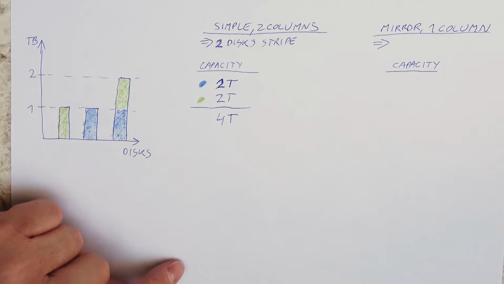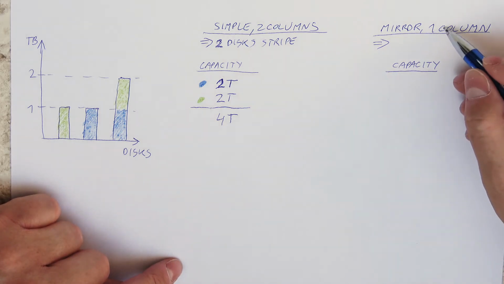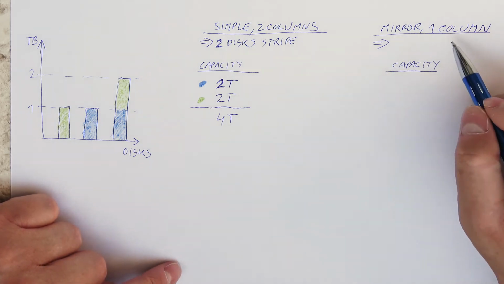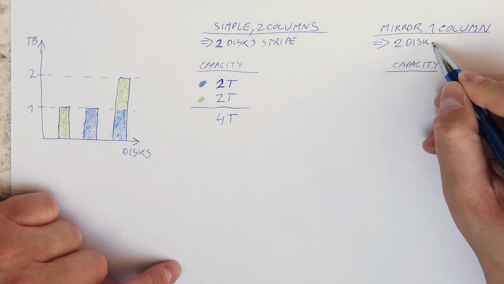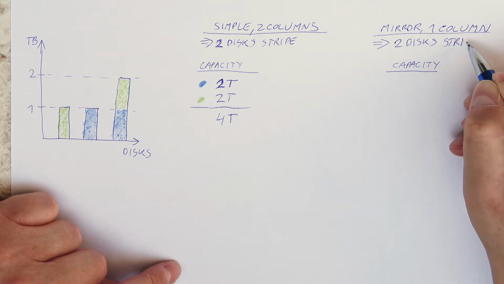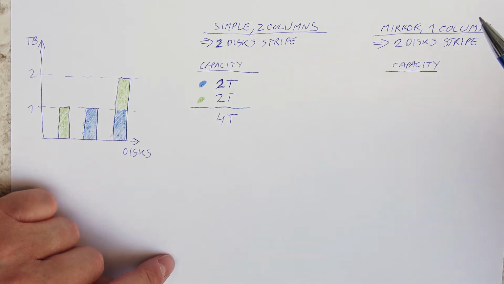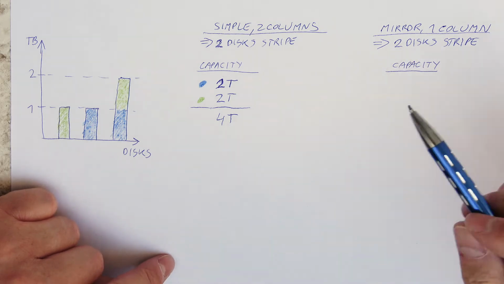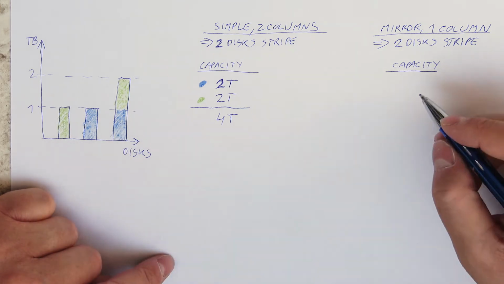What would happen if we would have mirroring and not simple resiliency? Mirroring with 1 column is writing to 2 disks stripe, because in mirroring, the ratio of column to number of disks is 1 to 2. So we have 2 disks in stripe. Basically, it is the same picture, but the capacity of the blue stripe